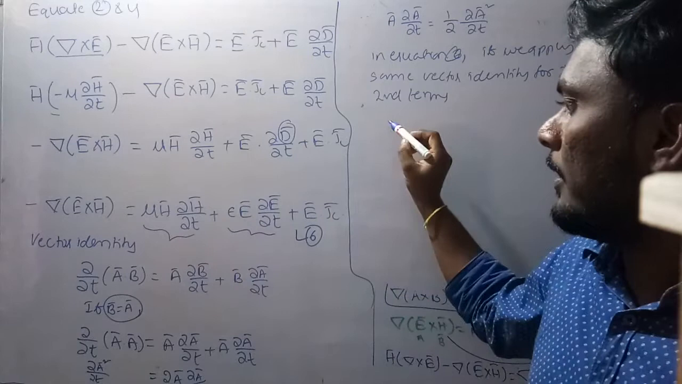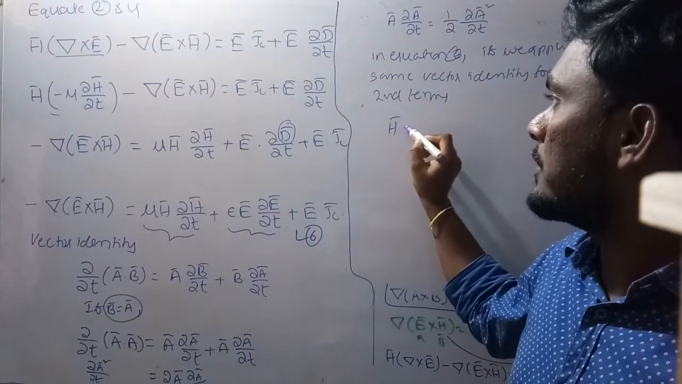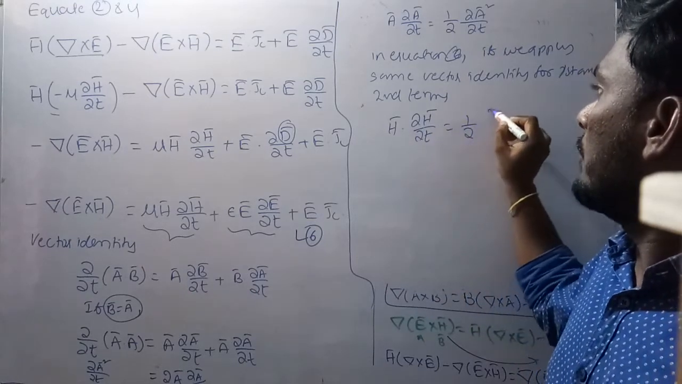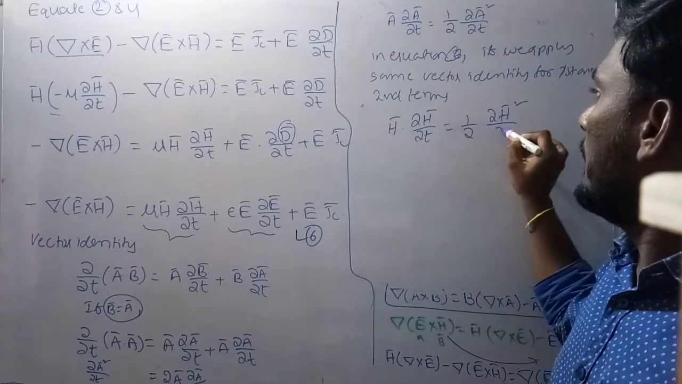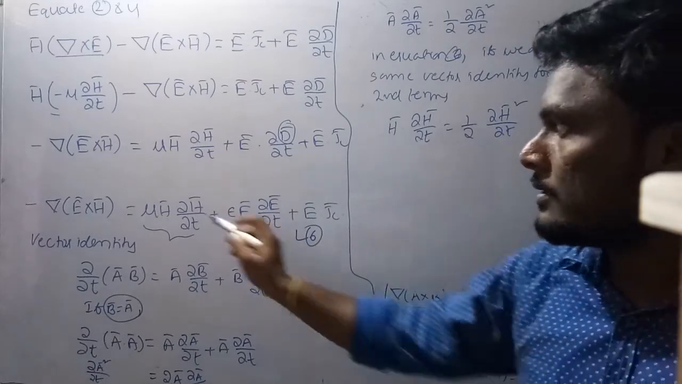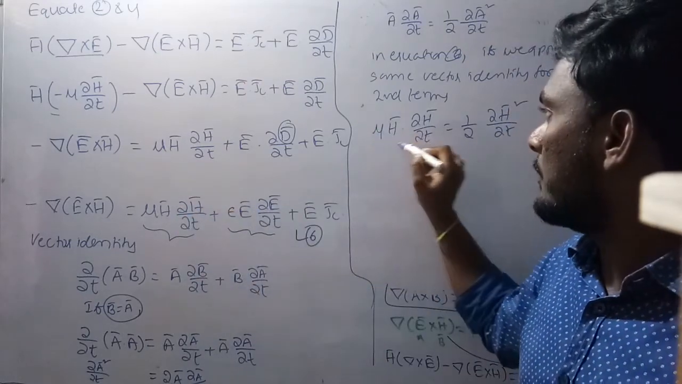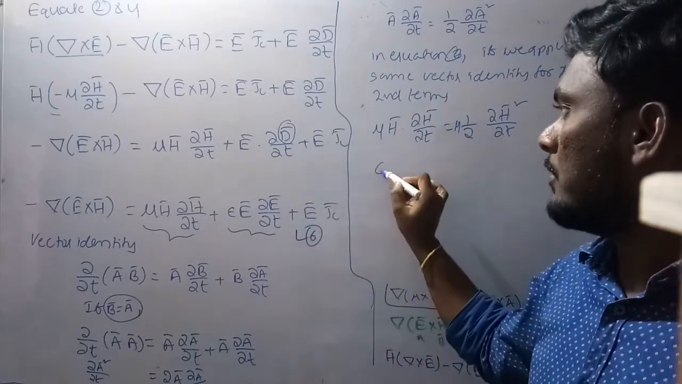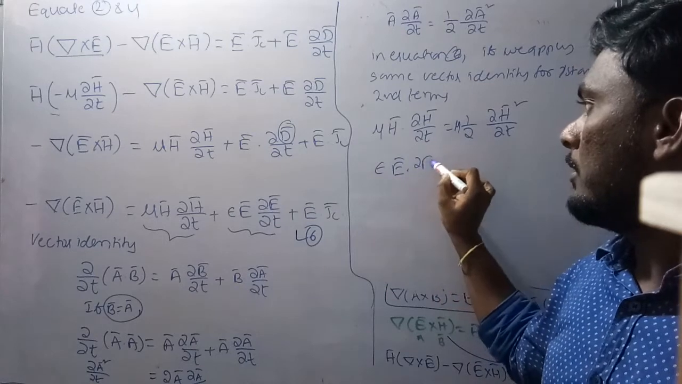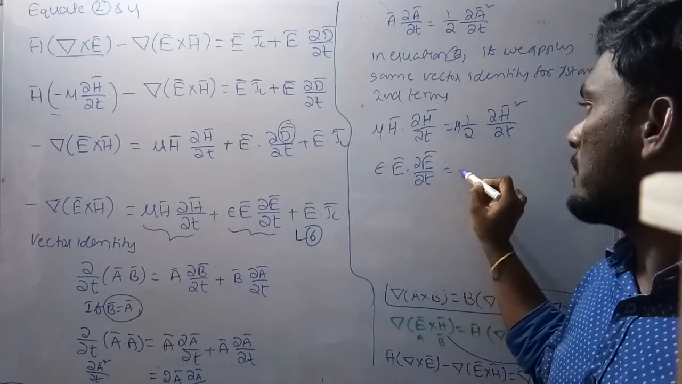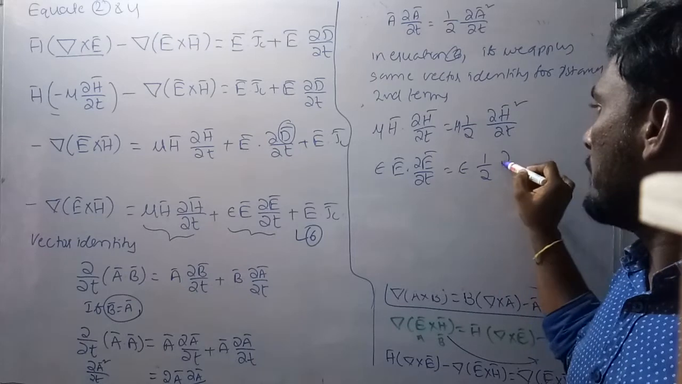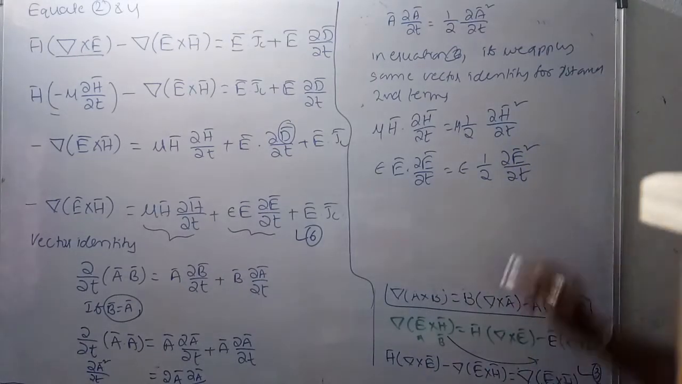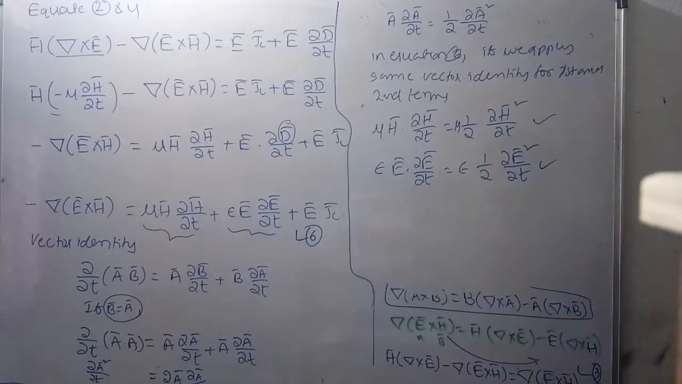So if you apply the vector identity to the first term, it will become H̄·∂H̄/∂t equals 1/2 times ∂H̄²/∂t. See, as there is a μ here, you should just multiply with μ. Similarly, the second term is ε times Ē·∂Ē/∂t, which also equals ε times 1/2 times ∂Ē²/∂t. Okay, substitute these two values in equation 2, so that what you will get,